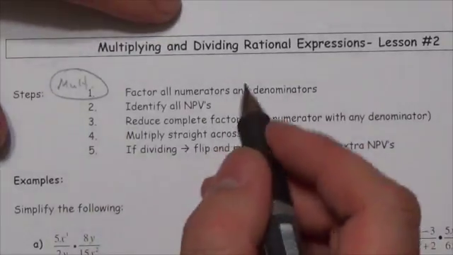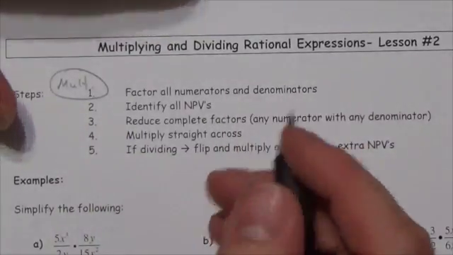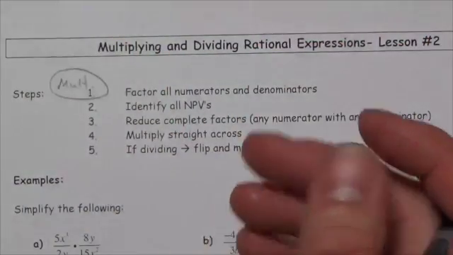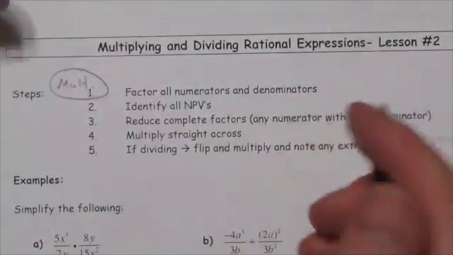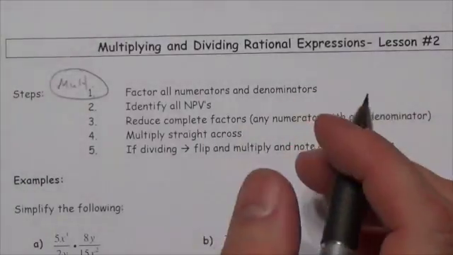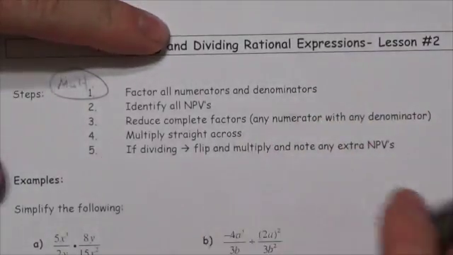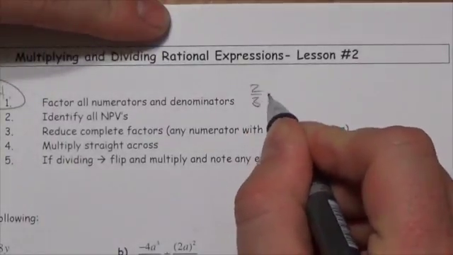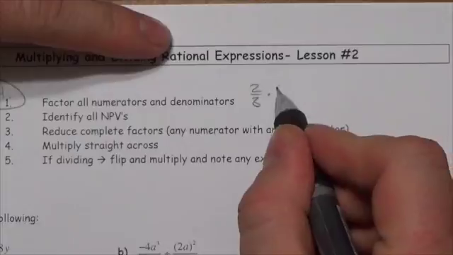Then what we're going to do is start to cancel factors. And remember, any factor that's shared from the numerator to the denominator, that sort of division just becomes 1. And we're going to reduce everything, because we multiply straight across, right? So let's say, for example, we had 2/3 multiplied by, let's say, 5